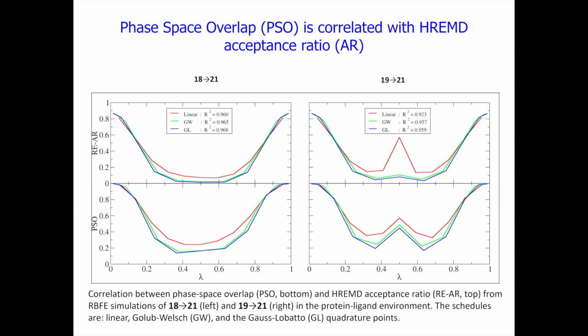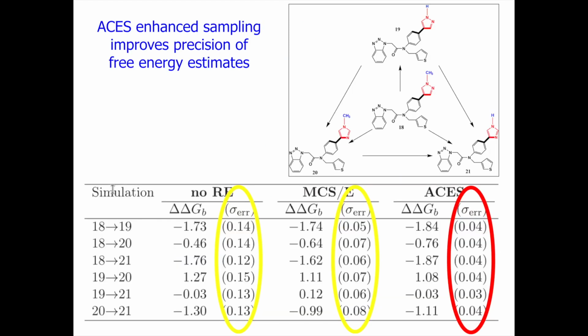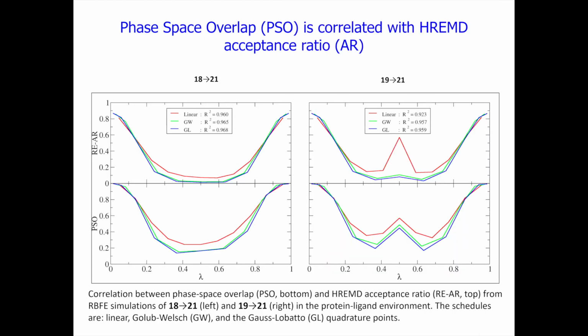One of the things that we didn't talk about is, remember, whenever we do the ACEs method, or actually any of these alchemical transformations, we have to choose a bunch of different lambda states. We can't just go from one end state all the way over to the other, because that will be very poor phase space overlap for usual calculations. So usually what we need to do is we have to compute many different states. However, when we do many different states, it may be that certain states have poor phase space overlap, while other states have very good phase space overlap. And of course, the phase space overlap will be critically dependent on how close in lambda space the 2 points are.